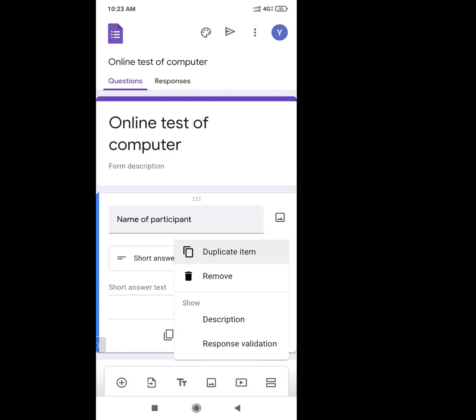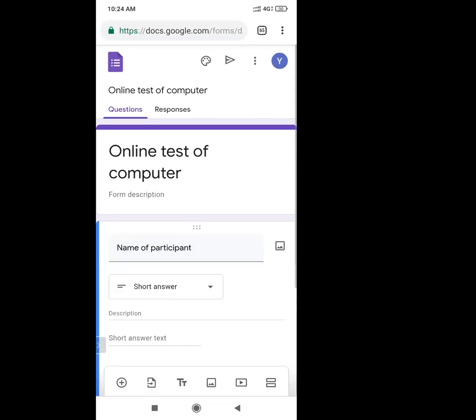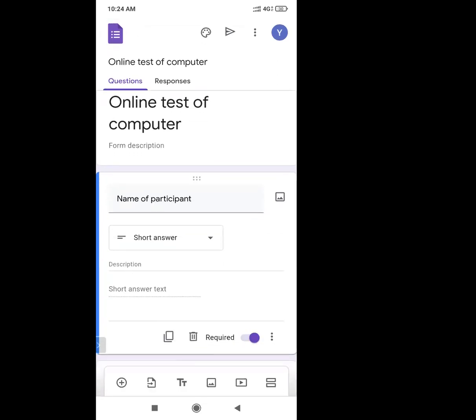And as I said earlier, here the form description is there. From that form description you can give the description of the form, but if you want to give some description to this question, apart from the question, some notes or some description for that question, for that you will use this option, the description option. You can just click on that, you can give a description to that question. One line will open, I'm going to click the description. Can you see that?